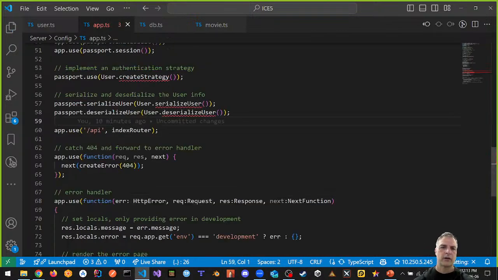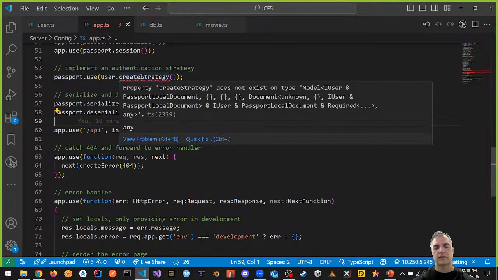It will work. What it's doing is it's trying to figure out what the type is. So the complaint is, I don't know what you're talking about, because passport local document, it says it needs this, right, as an example, and it's required, it says any, but I'm giving it any. So this is, it says property create strategy does not exist in type model, and that is an issue, right? So it's quick fix